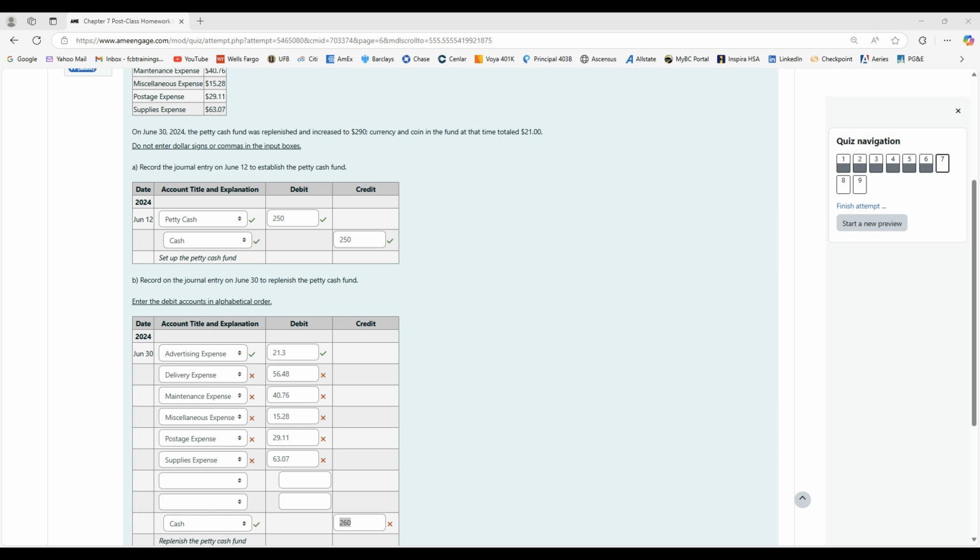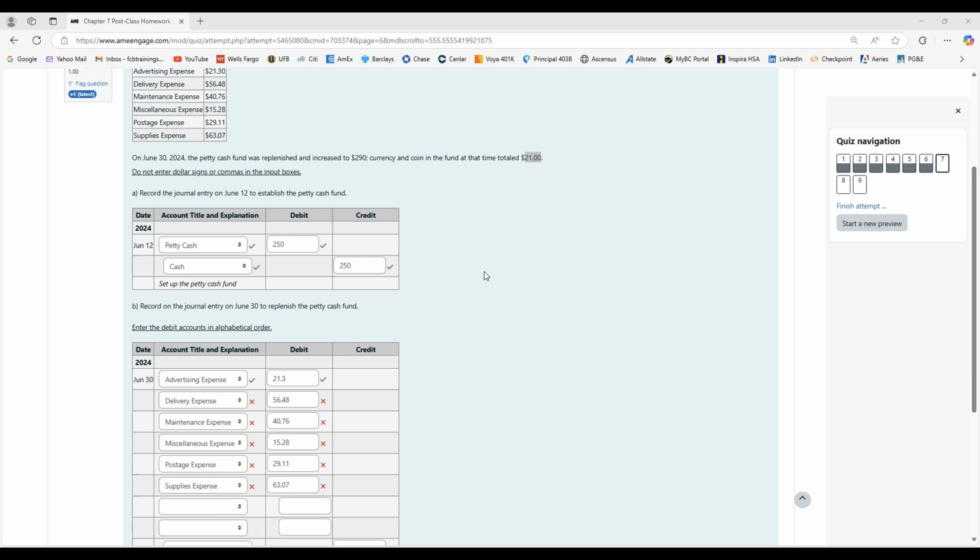So if we had the beginning starting point of 250, and then we look in there and it shows $21, the difference between 21 and 250 is 229. But we saw that we only had 226 showing in the sum of all these, and so